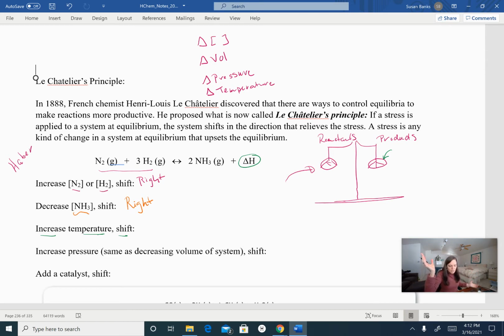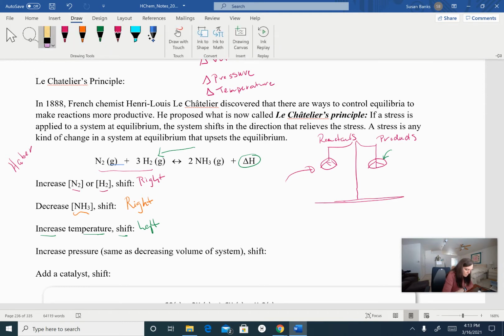I need to make the reactant side heavier to rebalance things out. So I'm going to shift left to make more reactants to get that to be even again. Okay,